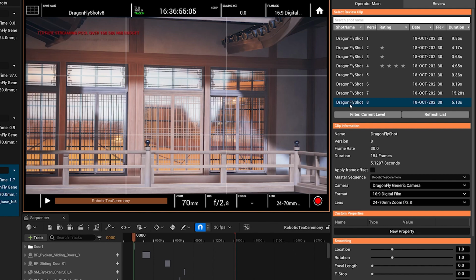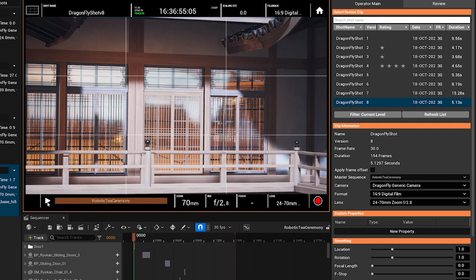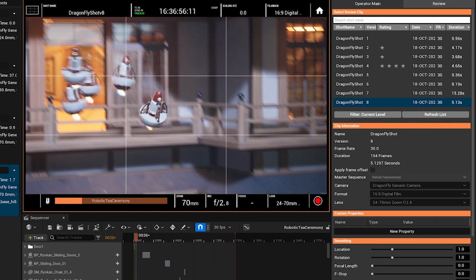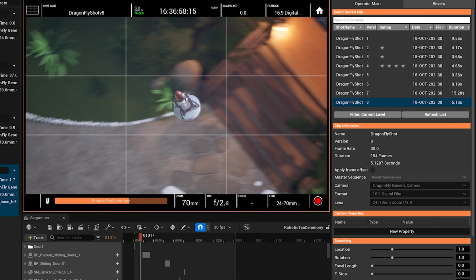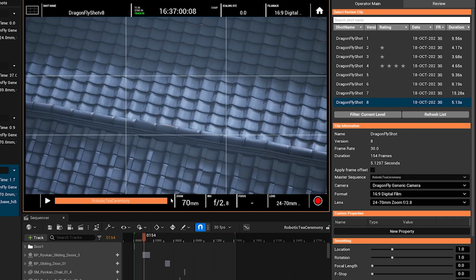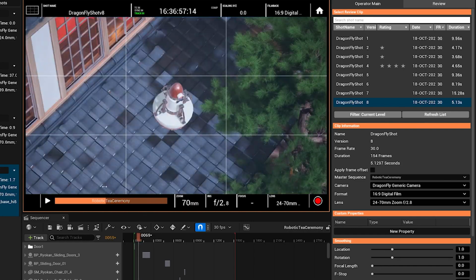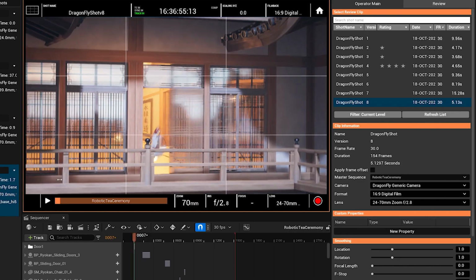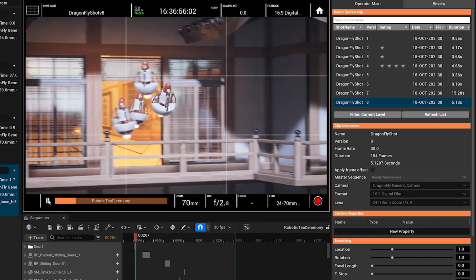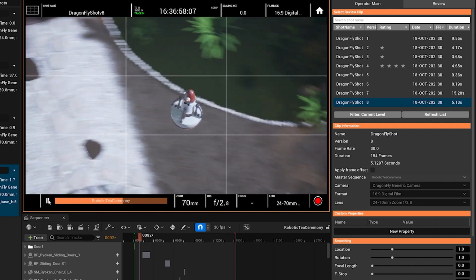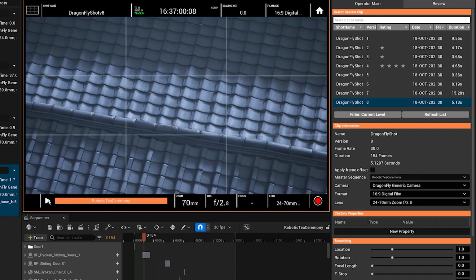With shots recorded like this, you should always apply a little bit of smoothing to it. Let's play it back. So this is the shot that we just recorded. You can see it's a perfectly smooth and tracked shot of this little robot flying through the air, which would have been very difficult, probably taken a lot of tries without modifying the recording speed.